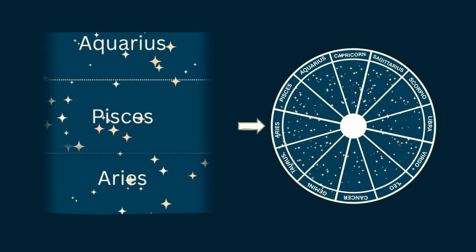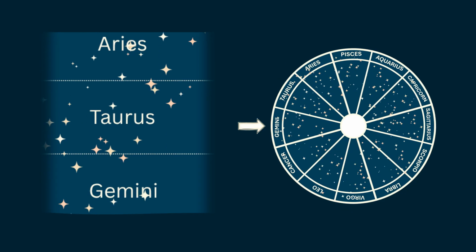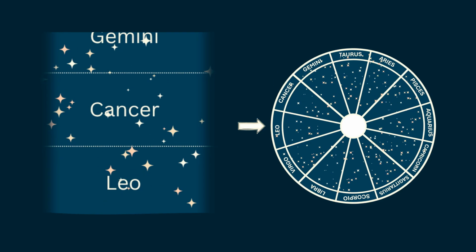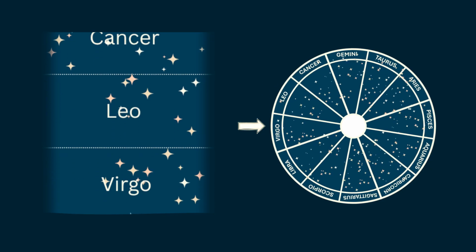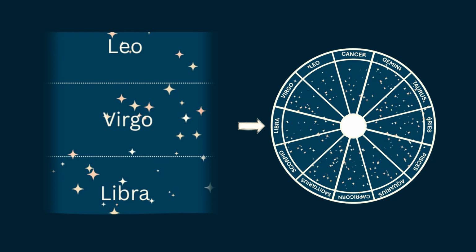Here we learn that the sign that is seen rising over the eastern horizon at the time of someone's birth has a very important role in astrology because it sets up the connection between the houses and the signs. It is called the ascendant or rising sign. Because Earth spins on its own axis, the 12 constellations seem to rise on the eastern and fall on the western horizon. Within 24 hours, every sign rises over the eastern horizon once, after which the cycle begins anew.